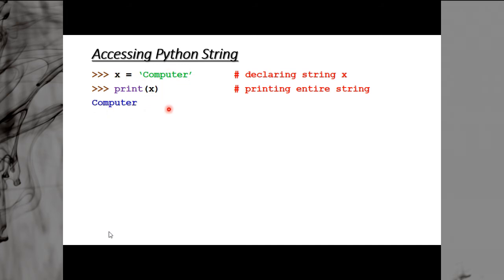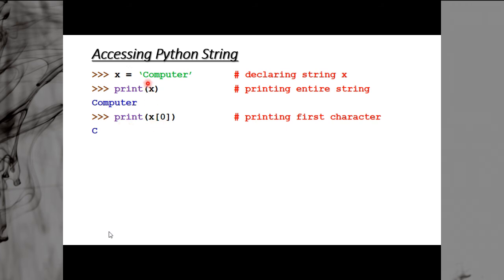This is the output. And if I want to print the first character or the last character, then I will be using x and then the index value, just like in C++ and Java programming, where a string is an array, and to access an array you use index values 0, 1, 2, 3, 4. Similarly you can use it here also. So when I say print(x[0]), that means we are talking about the first character.